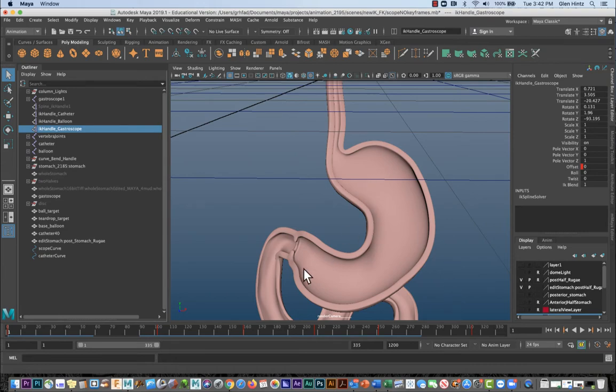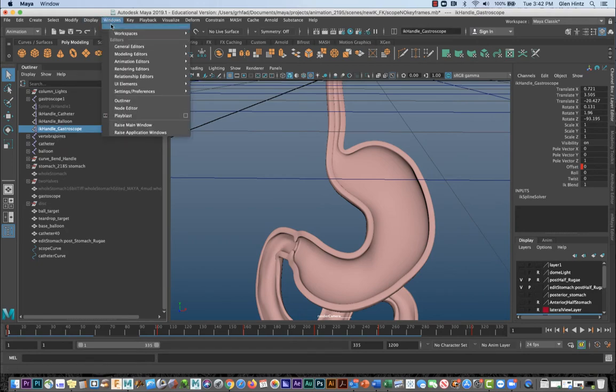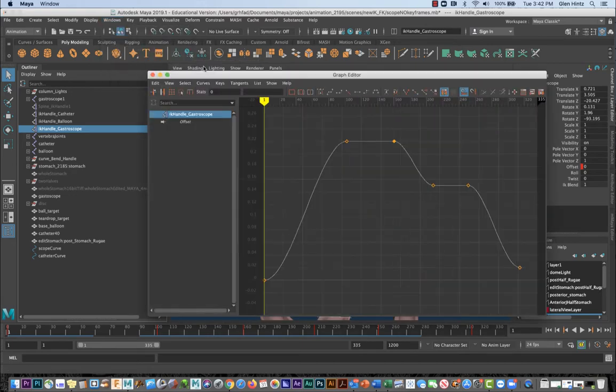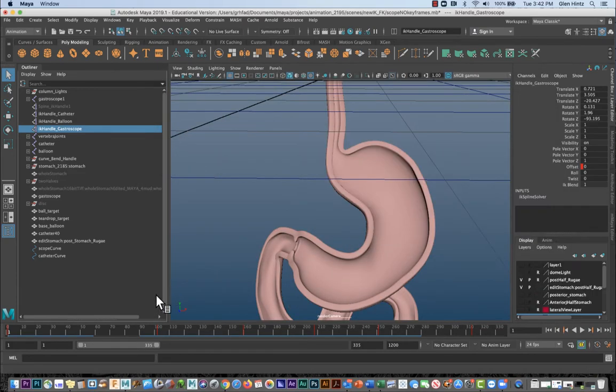So what I'm going to do is, let's look real quick at the graph editor, and you can see that's what my offset looks like. Okay. So I'm going to go to the keyframe 102, and I'm going to move by going to the arrow with